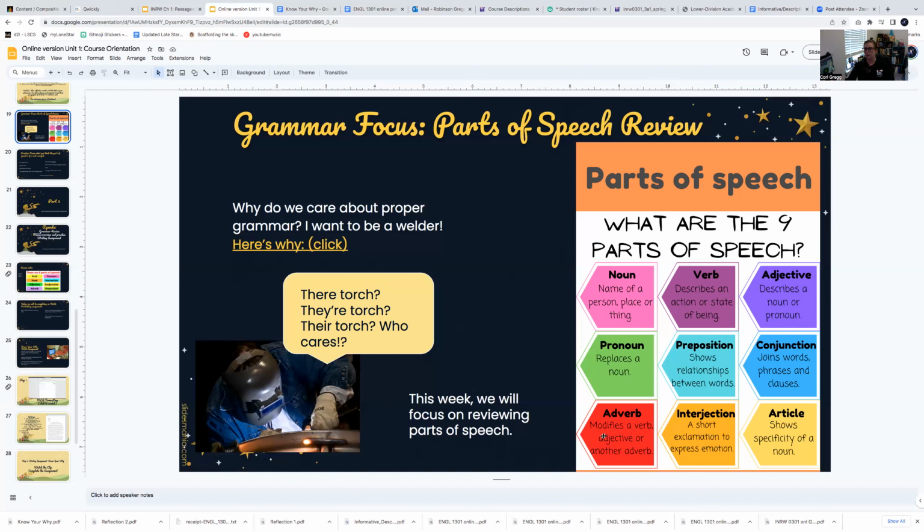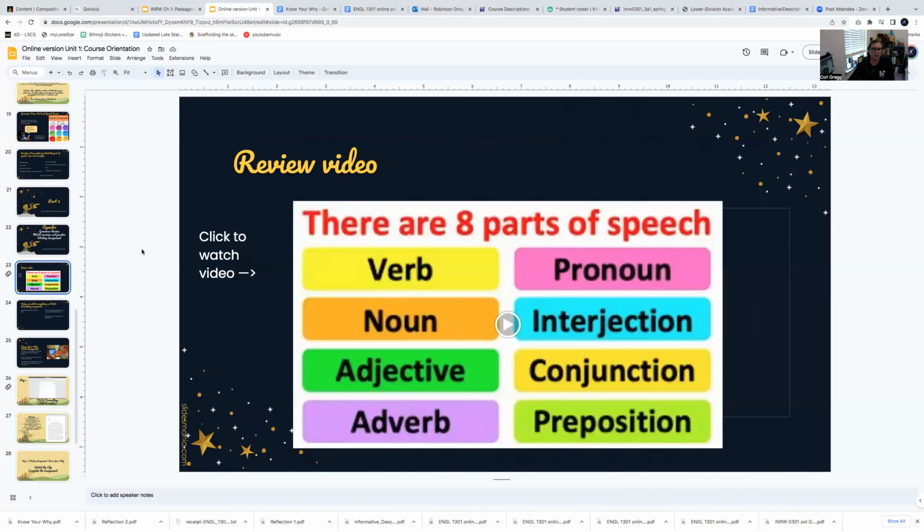So an example of that would be how you're doing something. Running quickly. How much food was it? Too much. Interjection is a short exclamation to express emotion. Wow! No! Help! Usually it has an exclamation point at the end. And an article shows what kind of noun it is. A, an, or the. A book. An, if it starts with a vowel. An apple. The desk. So we've got a little video that you can watch on that